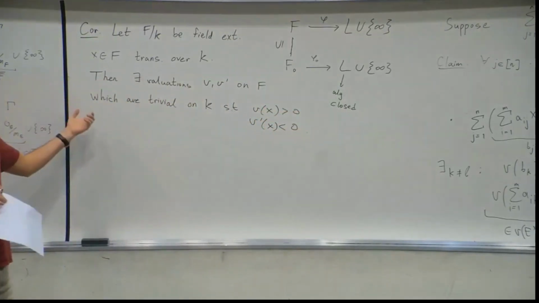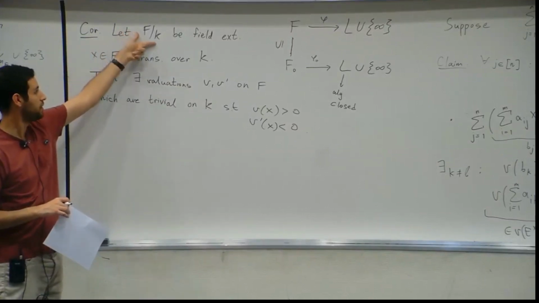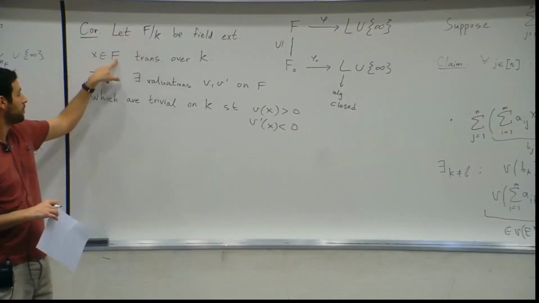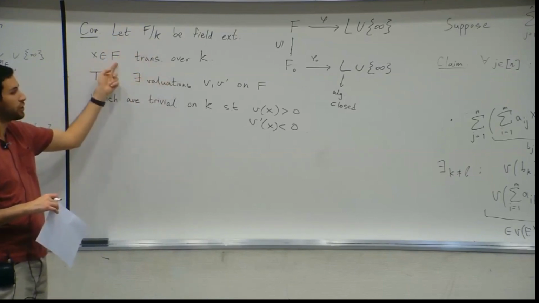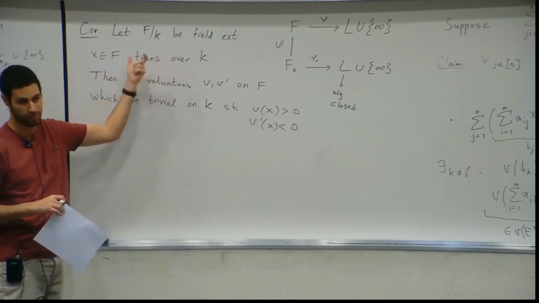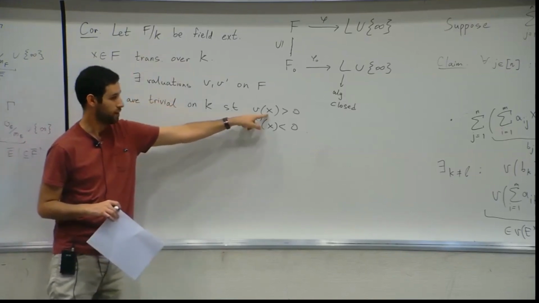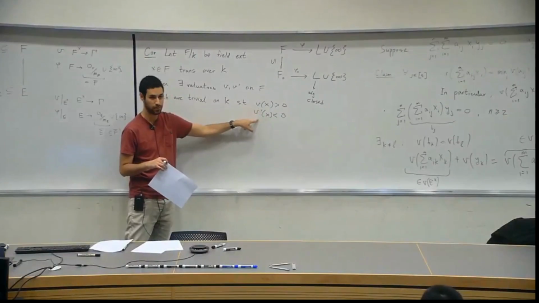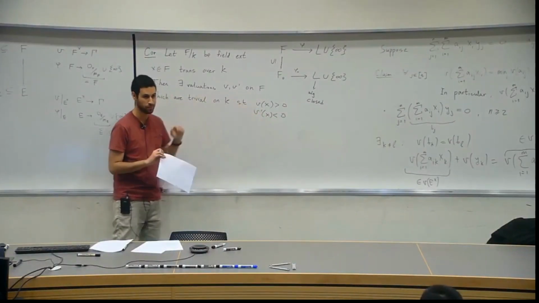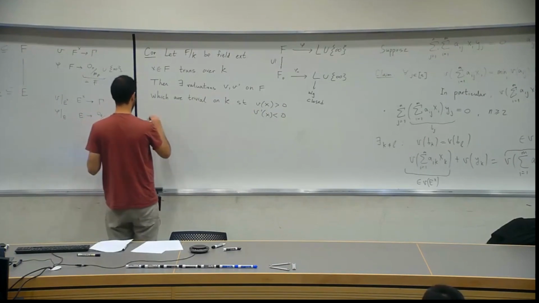So in case of a function field F over K, every element in F which is not in K is transcendental. So every function which is not constant has a zero, the place corresponding to V, and a pole, the place corresponding to V prime. And the proof is just